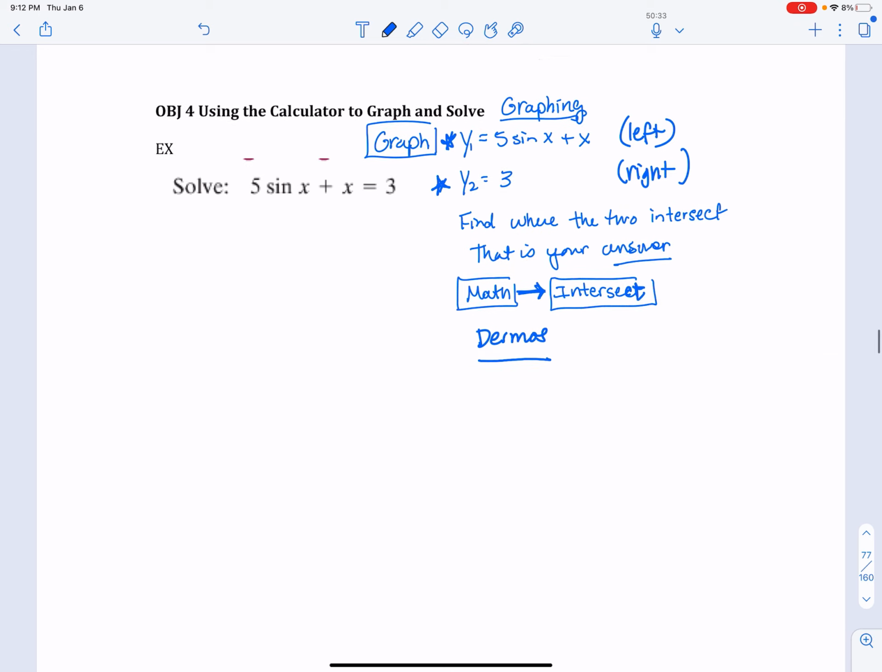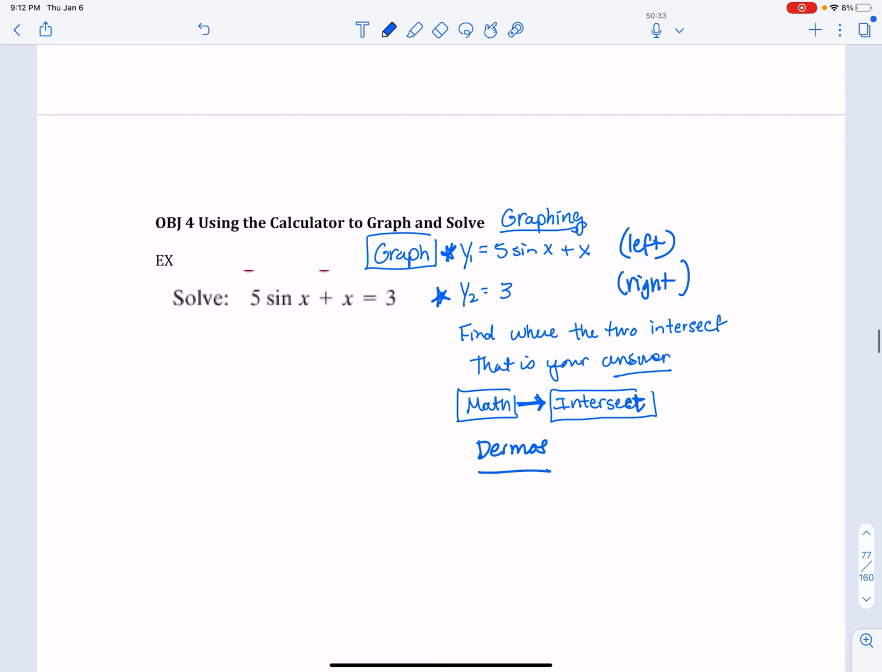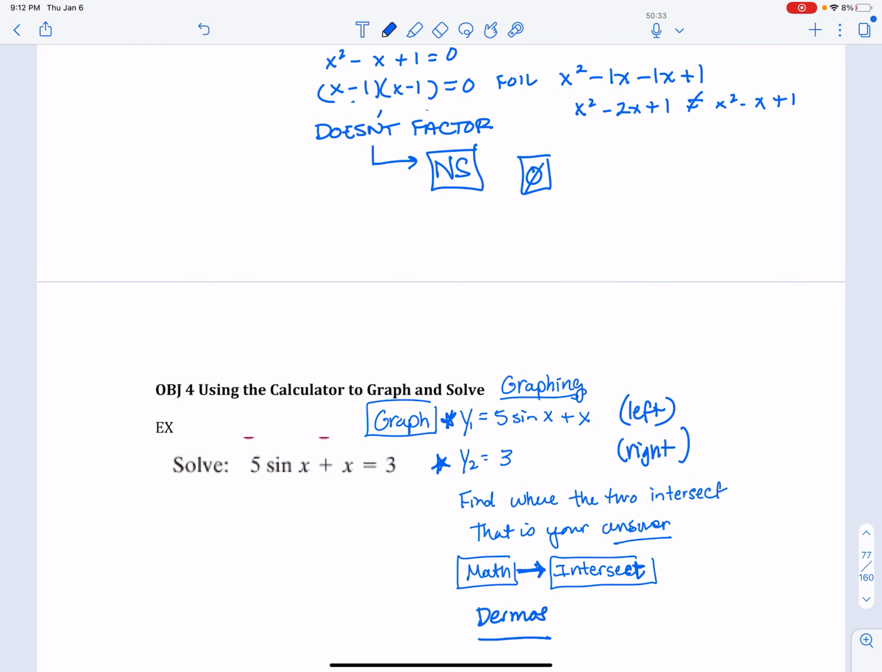Okay, so that's it for this section. By the way, you will not have a question on the test that says use a calculator, but you may have that on homework, so just want to make sure you're prepared for that. And that's it. All right, so that's the end of